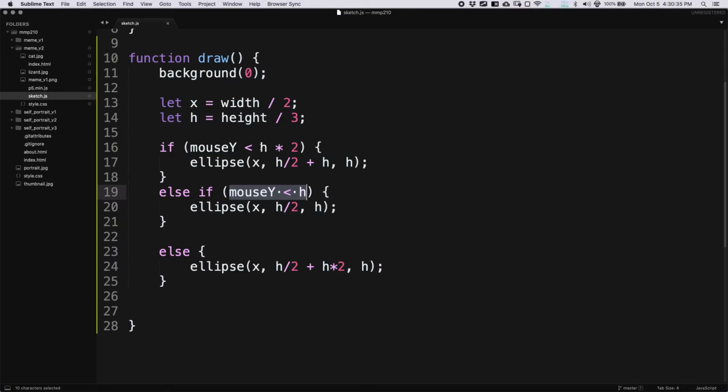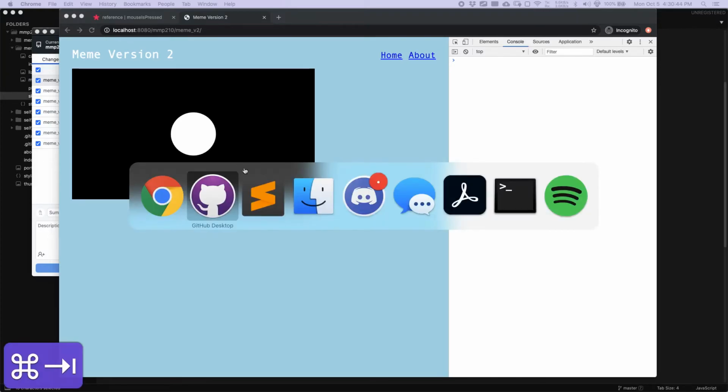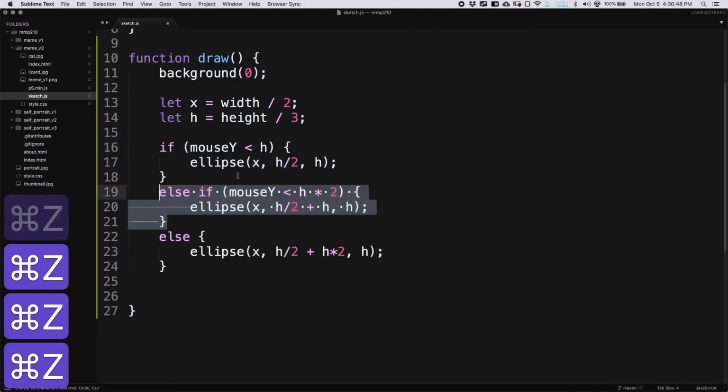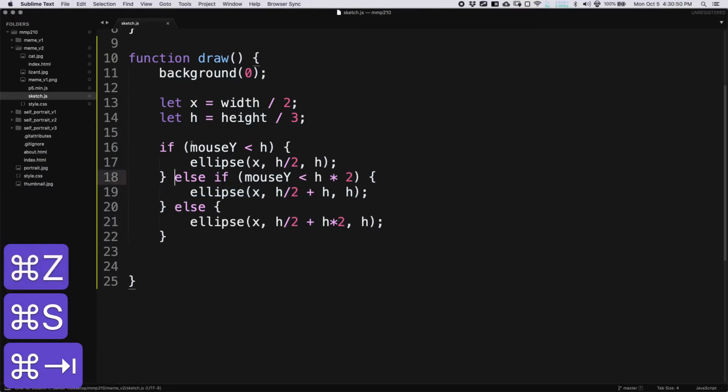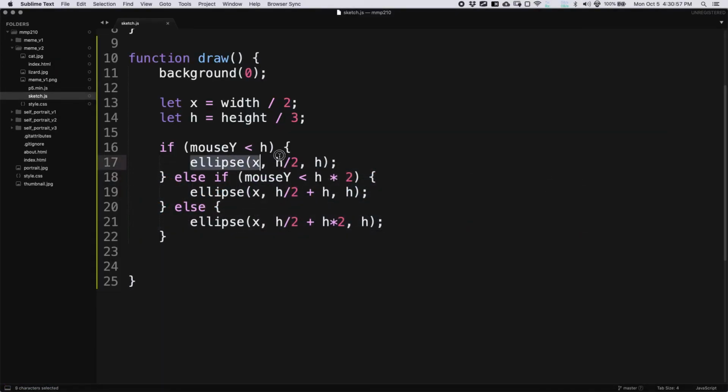It's a little confusing, but basically if you're using less than, you want to start with the smaller condition. If you're using greater than, you probably want to start with the larger condition. So I'm going to reverse this and put it back in order. And there's our stoplight. So let's actually add the colors in here, because so far I've just been drawing a